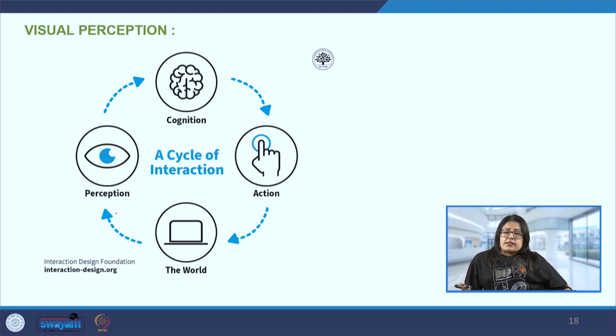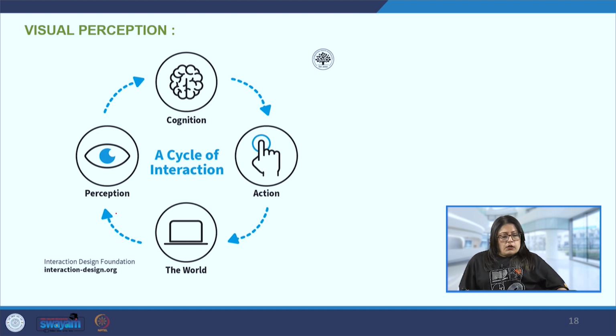And then the next is the cognition. So, the brain perceives it: green stands for, and as per our previous experiences also, we know that OK means go ahead, green means go ahead, and red and cancel means to stop. Then this cognition perceives this information, and finally based on the action we want to take, we will take that physical action of either clicking OK or cancel, and then that helps us take an action, and then the next cycle continues wherein the next page offers us some more information, and then again